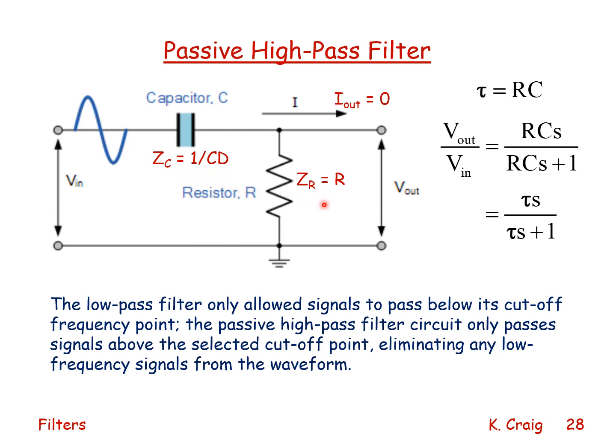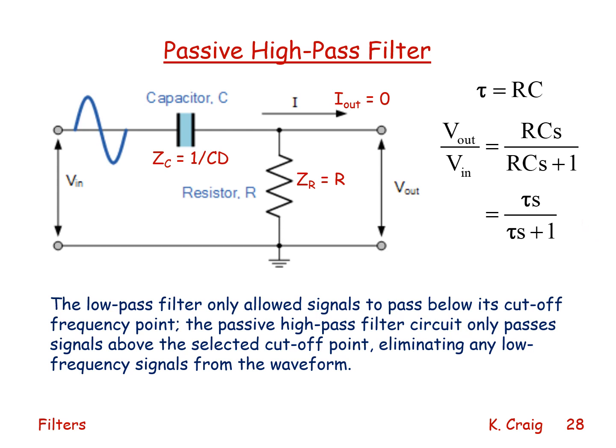The resistor has an impedance R. If I assume I out is 0, so I'm looking to obtain the ideal output-input transfer function, I can use my voltage divider and say V out over V in is equal to R over R plus 1 over CS, which results in this expression. Again, S and D are the same. If I define tau, the time constant, to be R times C, I get this transfer function. This is the transfer function for a high pass